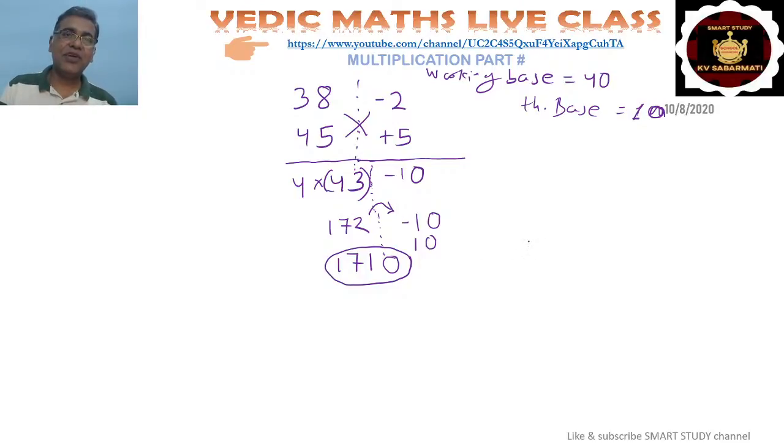I am giving you a different type. But be clear, if the numbers are nearer to 40, 60, 70, 80, 90, 30, 20, then you have to take the theoretical base to be 10. So easily, if the numbers are nearer to 70, then you have to multiply by 7.